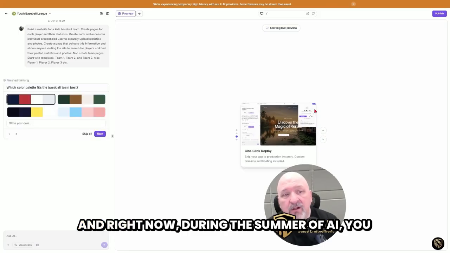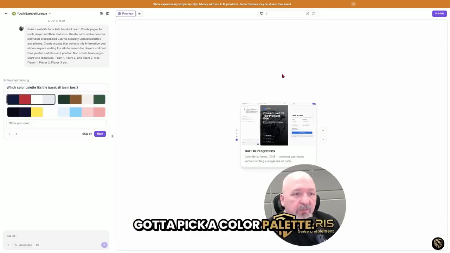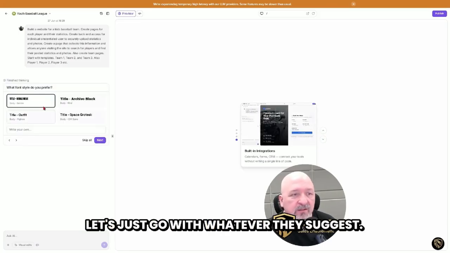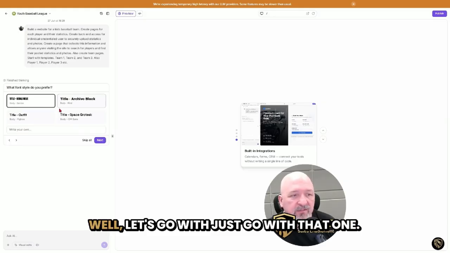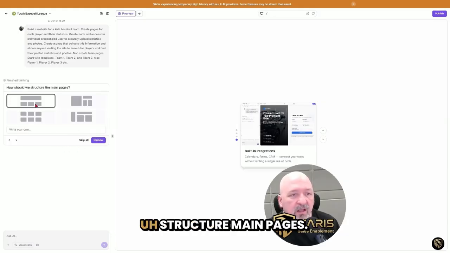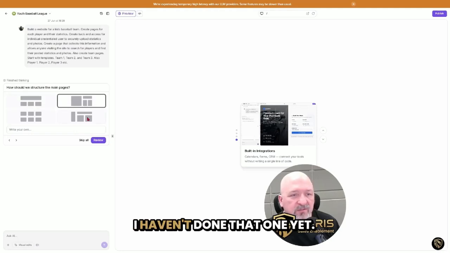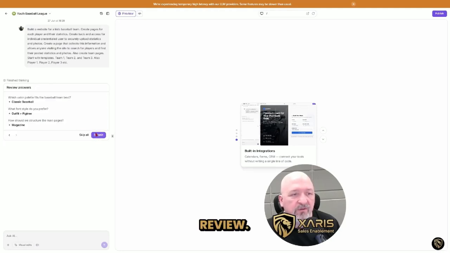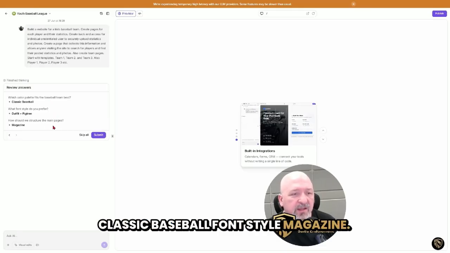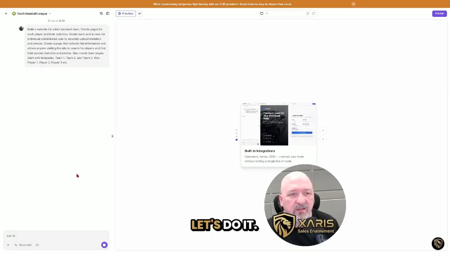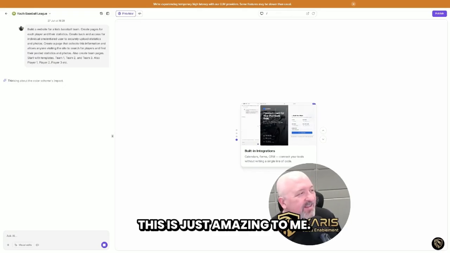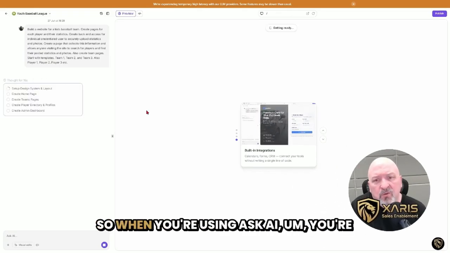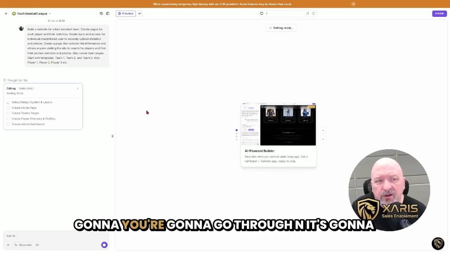And right now, during the summer of AI, you got to pick a color palette. Let's just go with whatever they suggest. And you got to pick your font style. Let's go with that one. Sounds good. Structure main pages. I haven't done that one yet. Let's do that. Review. Classic, which color palette? Classic baseball, font style, magazine. Yep. Looks great. Let's do it. It's just amazing to me. Absolutely amazing. So when you're using Ask AI, it's going to teach you how